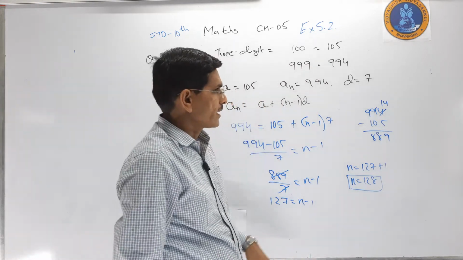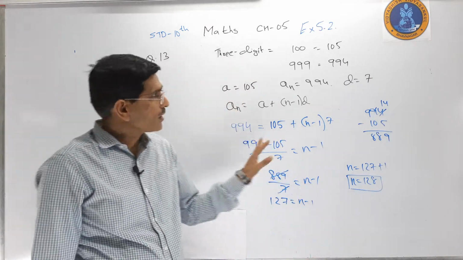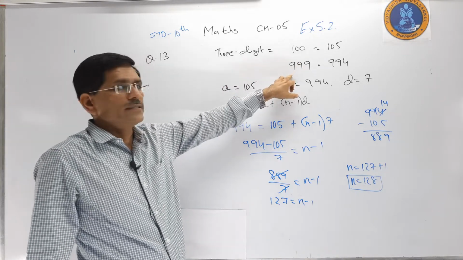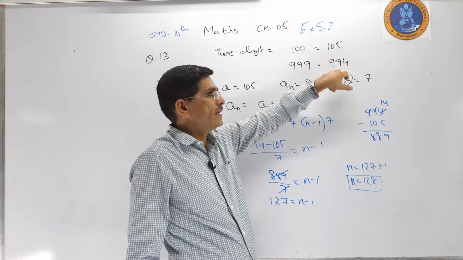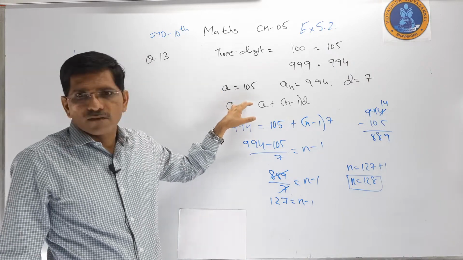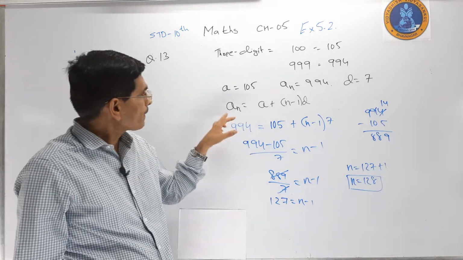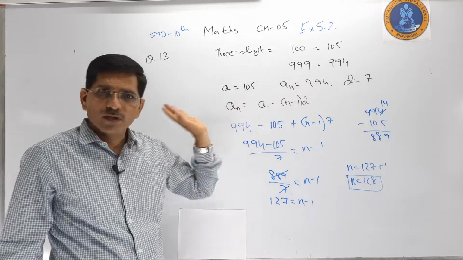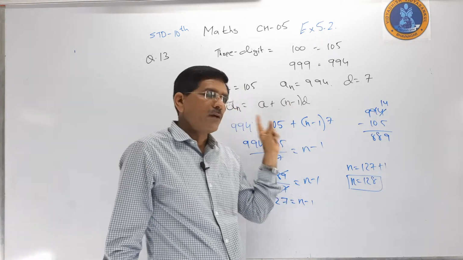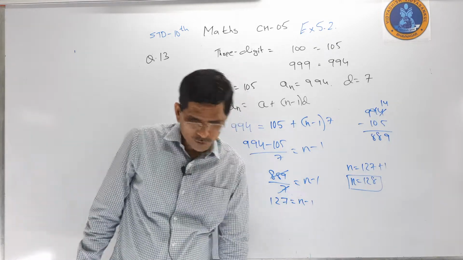Again, that type of sum is easy. Just concentrate on what is given. A 3-digit number: the smallest is 100, the greatest is 999, the smallest one divisible by 7 is 105, and the greatest is 994. So a is 105, an is 994 and d is equal to 7. an is equal to a plus (n minus 1) d. So 994 is equal to 105 plus (n minus 1) d. Now if we simplify it, we get 128. I hope you have written this down.